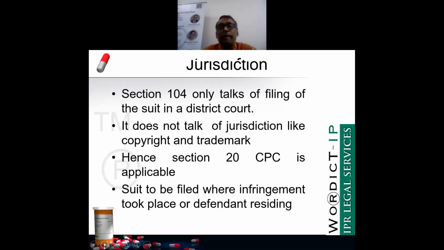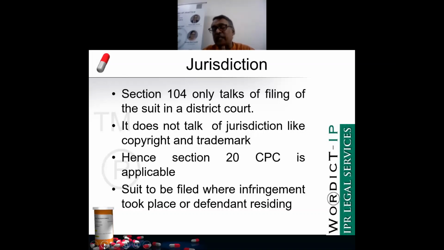Jurisdiction. Section 104 only talks of filing of the suit in district court. It does not talk of jurisdiction. There is no provision under the Patents Act which talks of jurisdiction. So automatically section 20 of the CPC is applicable. So infringement suits have to be filed at the place where the defendant is residing. Unfortunately, now according to me, this has to be amended, because